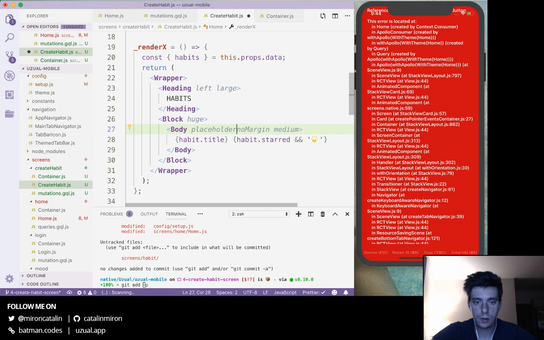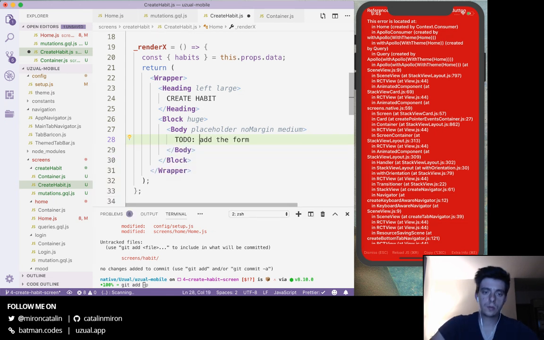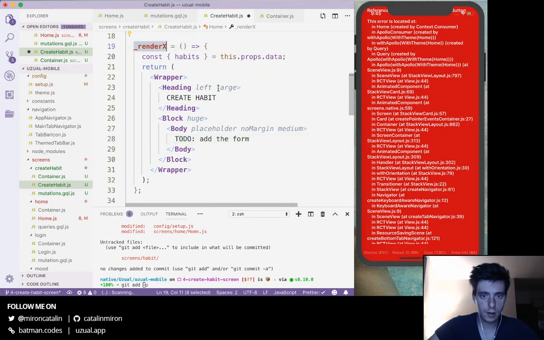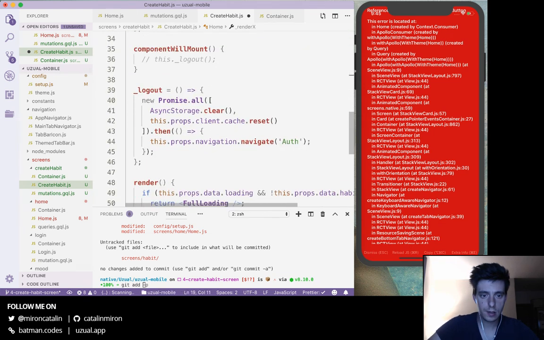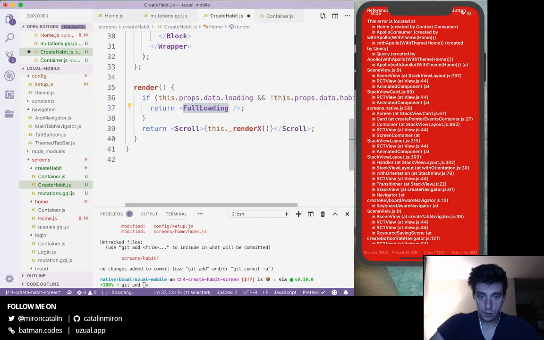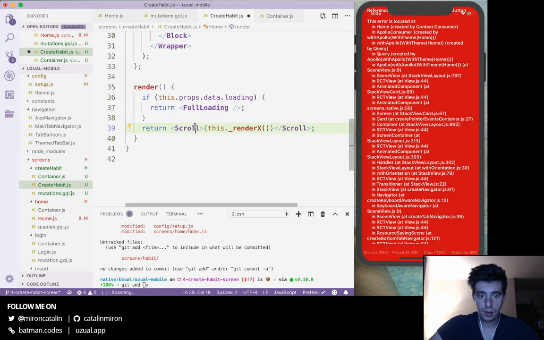Also placeholder, it doesn't matter. Create habit screen. So actually create habit here. Add the form. Is this still rendering X? Of course, I know why, but it doesn't matter. We don't need a logout. If this is loading, it should not be loading, but either way, this is loading full screen, otherwise render create habit form,